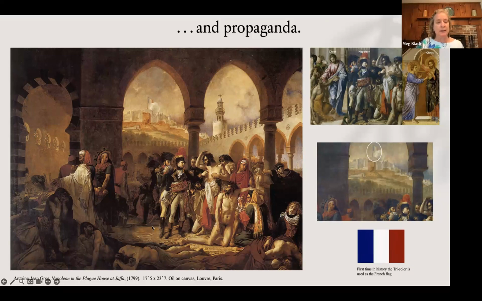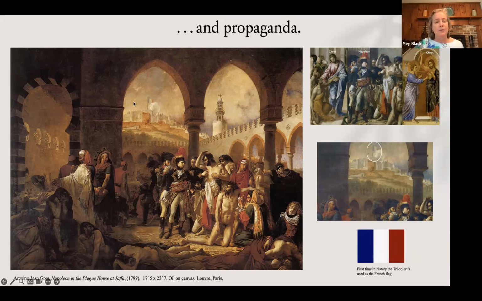The campaign in Jaffa was going very badly for Napoleon. But rather than send that message home to the French, which would have been a political disaster if it got into the press, this painting depicts a very different image. We see Napoleon as Christ. He's touching this soldier as if he could heal him. Like the touch of Napoleon is all that is needed here. And even his soldiers cannot stand the stench of the dying. We see dead soldiers here in the foreground, but it doesn't bother Napoleon because it's like he's beyond that.